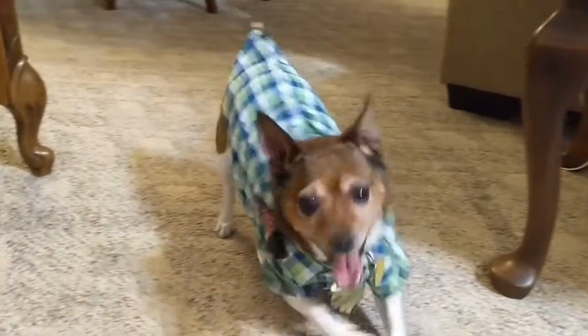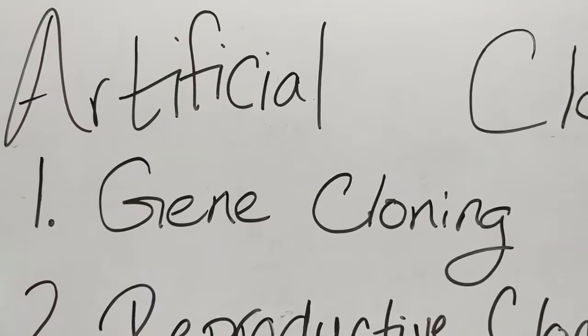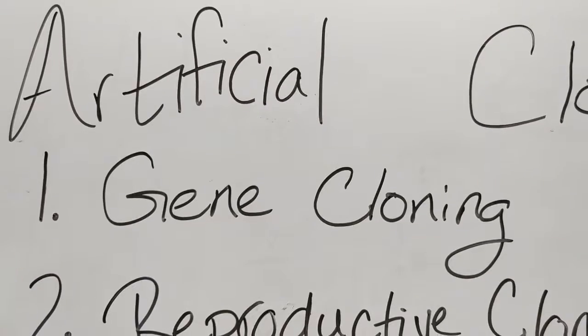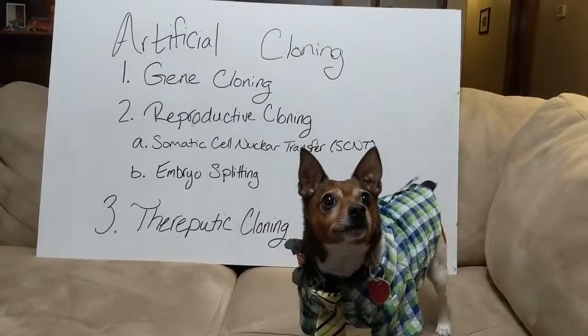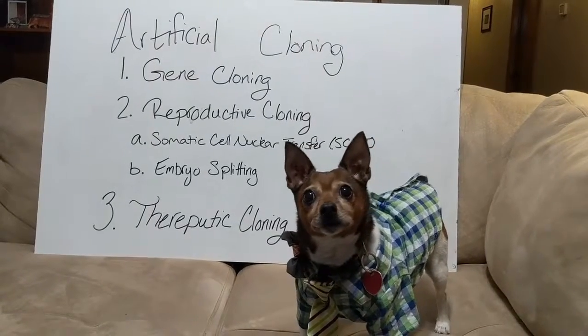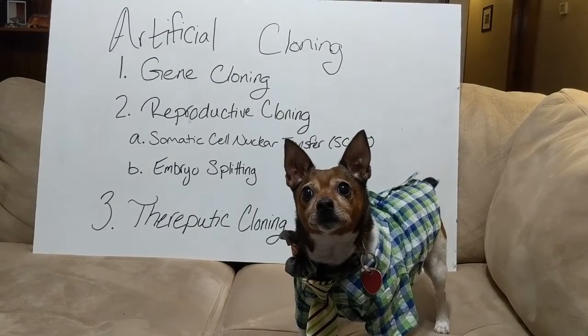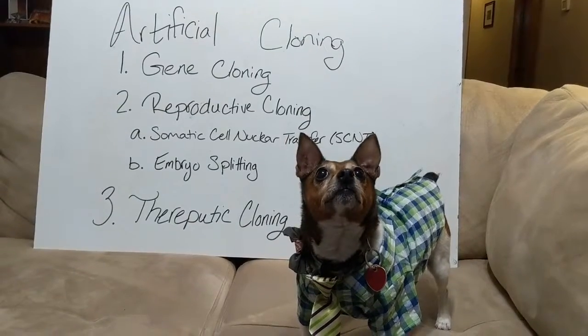In artificial cloning, there are three main types: gene, reproductive, and therapeutic cloning. Gene cloning, also known as DNA cloning, produces copies of genes or small segments of DNA. The procedure consists of inserting a gene from one organism into the genetic material of a carrier such as bacteria,